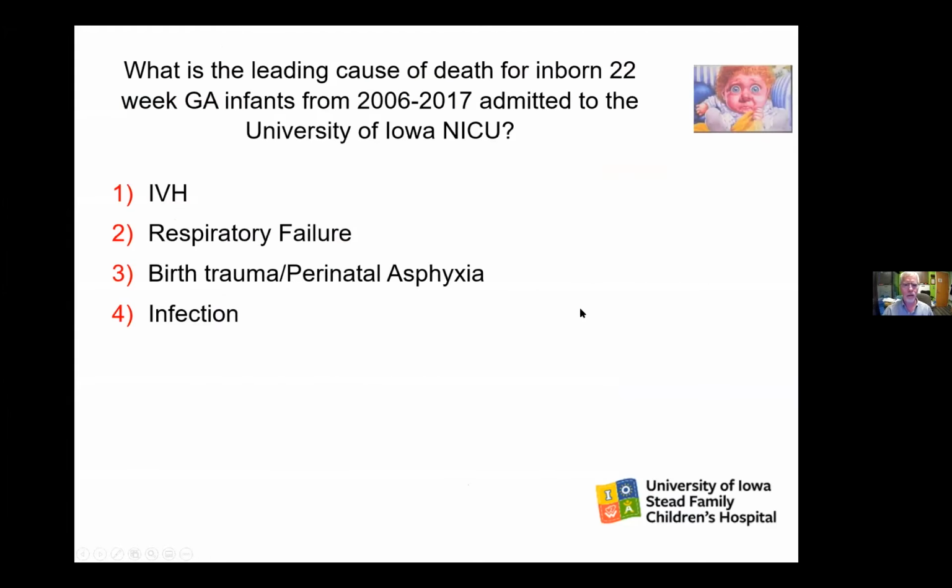Okay, so let's go back to the 22 weekers. If I asked you, what do you think the cause of death is? So this is, again, a thought question. Under infection, I put necrotizing enterocolitis within the infection category here. So would you think most of these babies are dying from IVH? Are they dying from respiratory failure? Are they dying from birth trauma or asphyxia, or infection? Just think to yourself, what do you think is the main cause of death in this population? And the main cause is